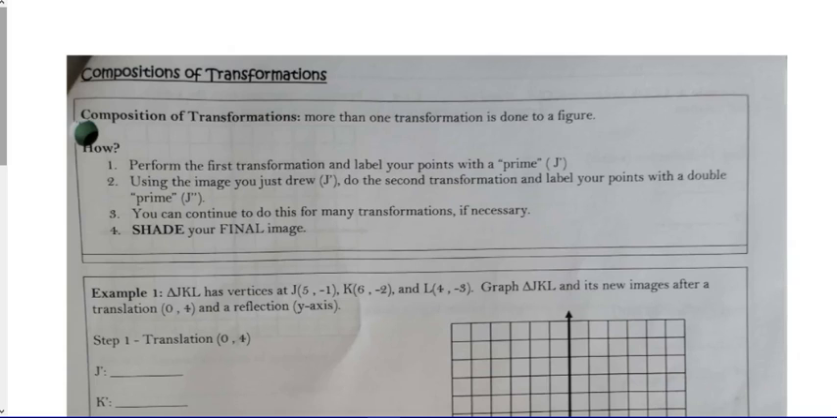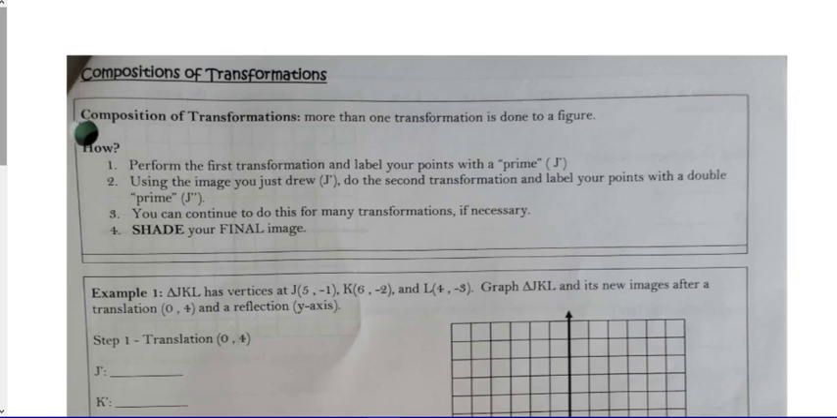Okay, composition of transformations. Just a fancy way of saying we're going to do two things. We're going to take an image, and maybe we'll translate it, slide it somewhere on the grid. Then after that, we're going to take that new image and do another transformation, like a reflection, and flip it over a line. The key thing to remember is the second transformation is based on the first transformation, not the